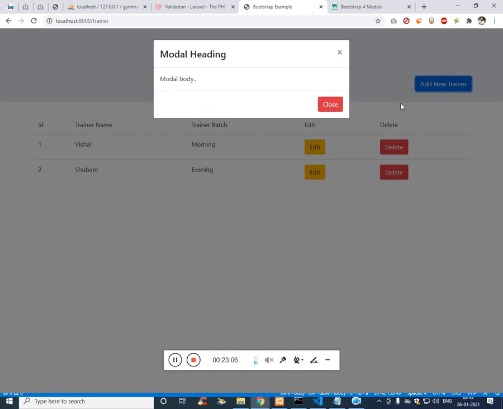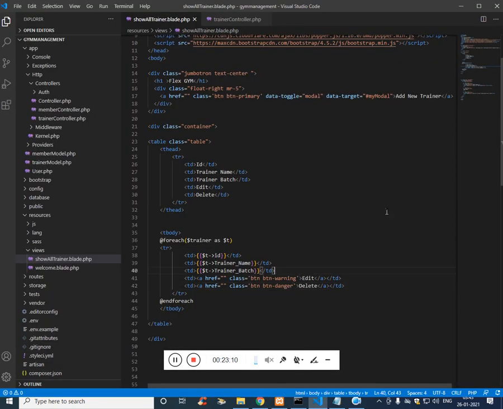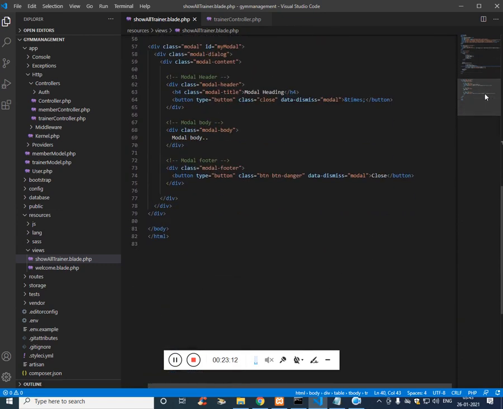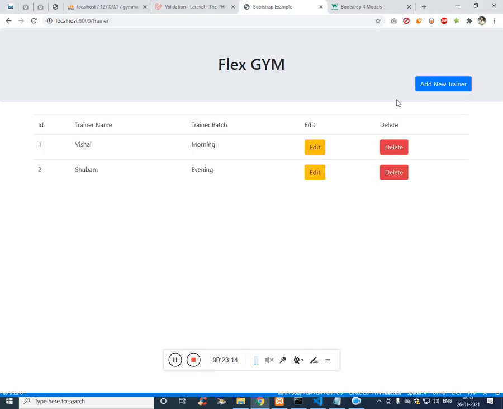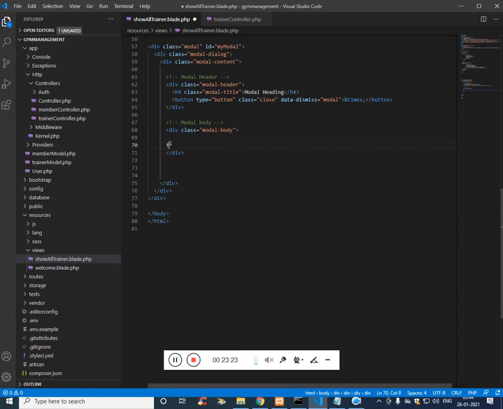Now let's work on the modal. The modal, we don't need the close button. So here we need form.